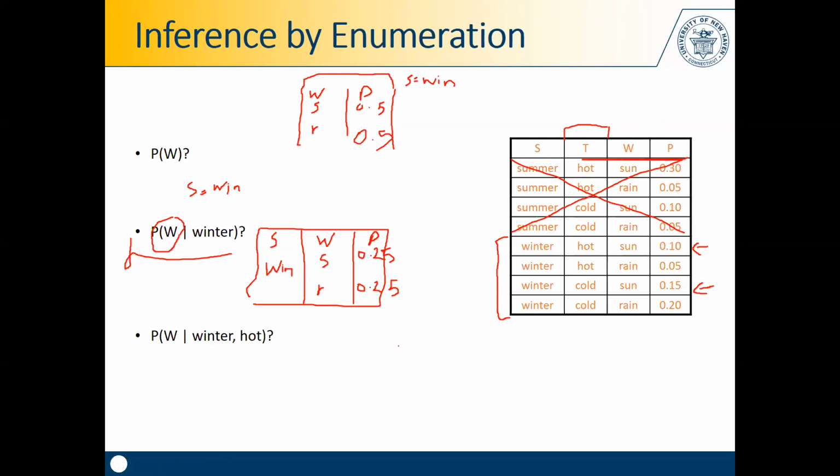Okay, are we okay with this example and the inference by enumeration technique? Any questions? Does everything make sense so far? All right, let us